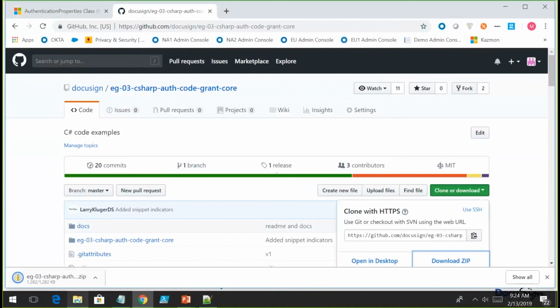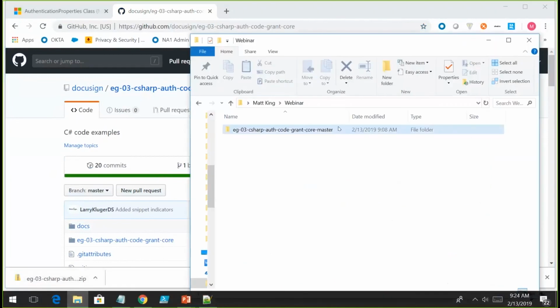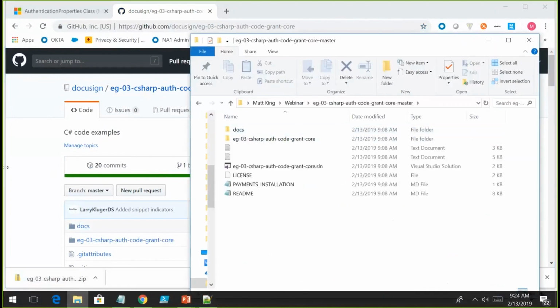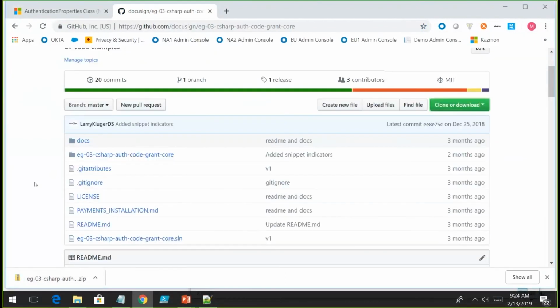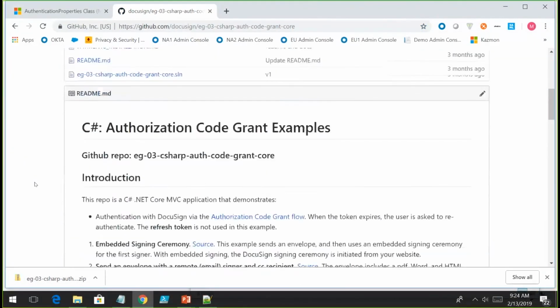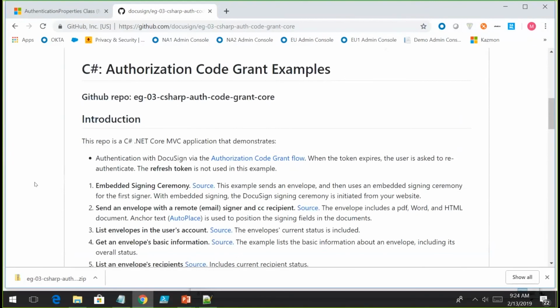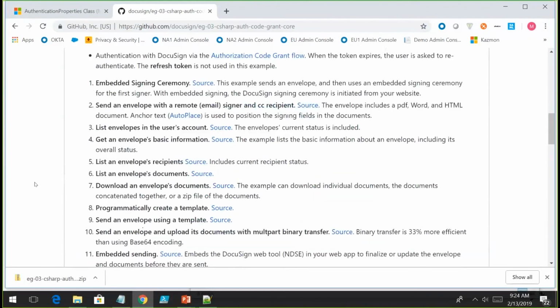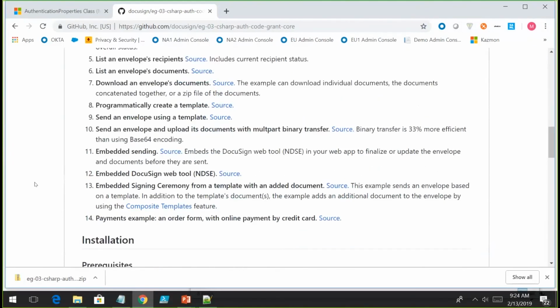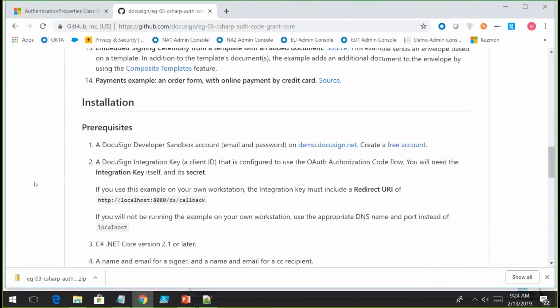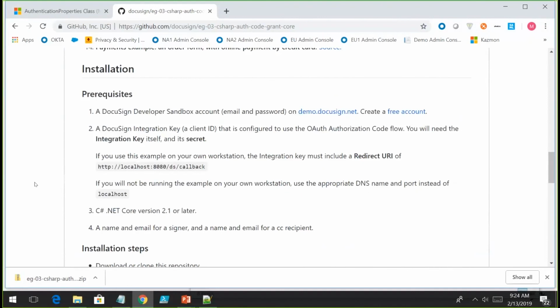And once we get that opened up here, we are going to need to go through a couple of initial setup phases, and I'll walk you through this step by step. Part of this repository has 14 different common use cases available. Once you get this up and going, you can see how our system works. After the descriptions, we do have some pretty specific installation instructions, and that's what we're going to go through now.